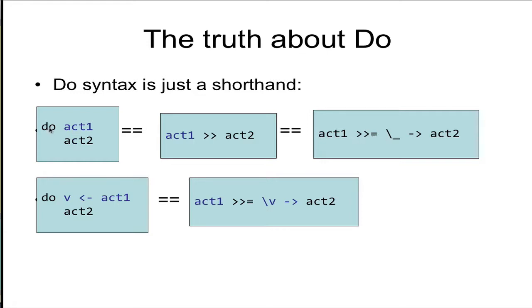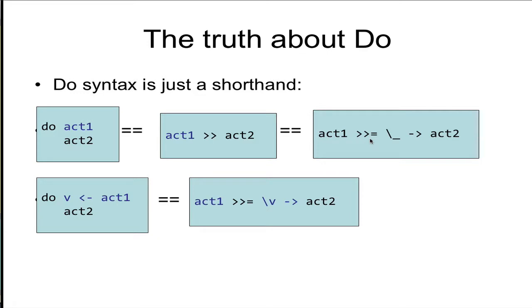If you just had a do block that involved just performing two actions, then that translates to just the application of this operator with the first action followed by the second action. And that in turn is just defined by using the bind operation with this. I don't care what the argument is. I don't care what value I get from the first action. I'm then going to perform the second action. So this is when you perform one action followed by another, and that's something typical maybe in the IO monad, print something on the screen, read something from a file, then that really just translates to the application of functions